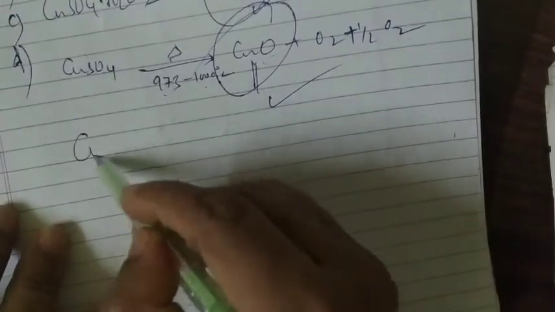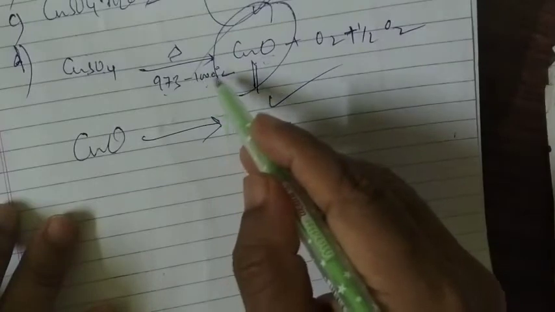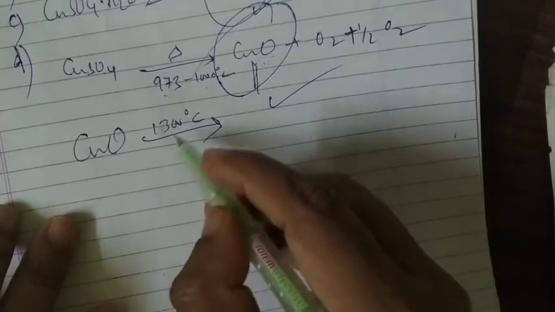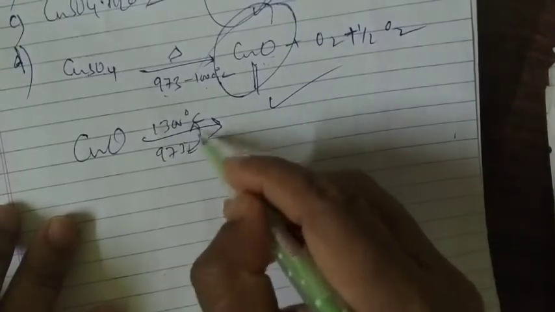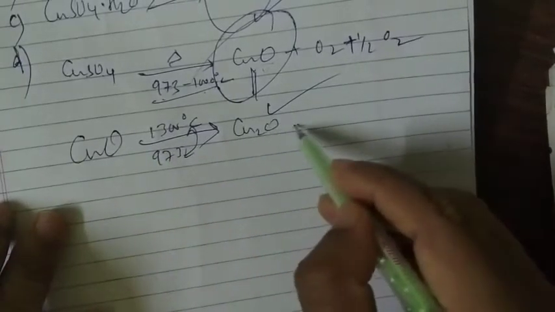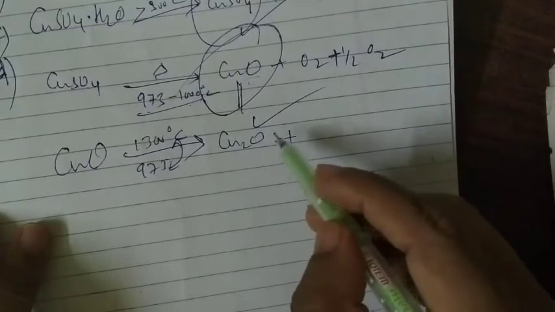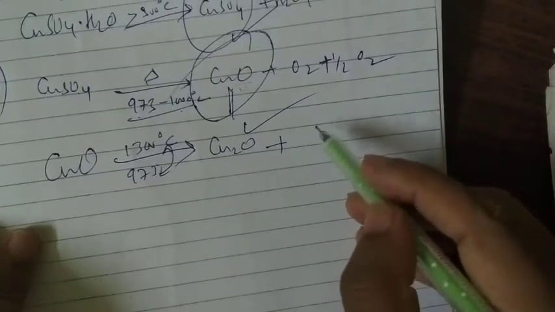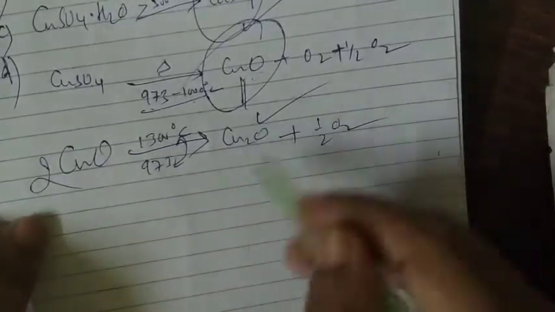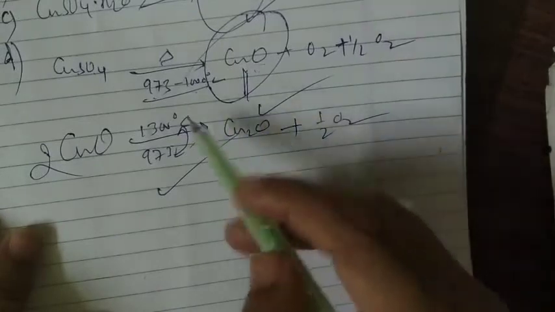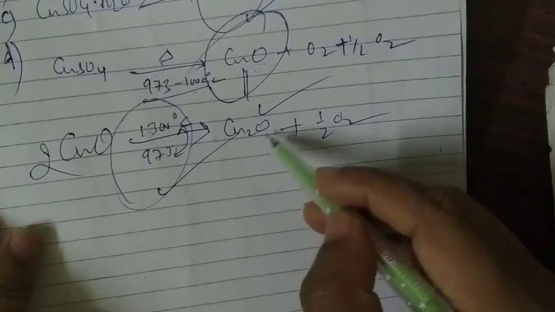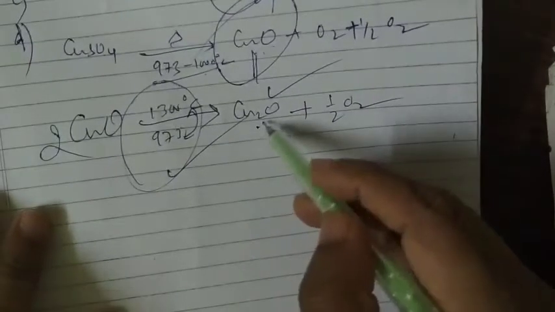Again, if you increase the temperature further, to around 1200 to 1300 degrees centigrade, above 973 degrees centigrade, and keep it at this temperature, this copper sulfate is going to break down further to cuprous oxide, with the liberation of oxygen. So these 2 moles you can take as Cu2O. Yes, this is what happens here. If you heat, you are going to see that cuprous oxide is going to be formed here.